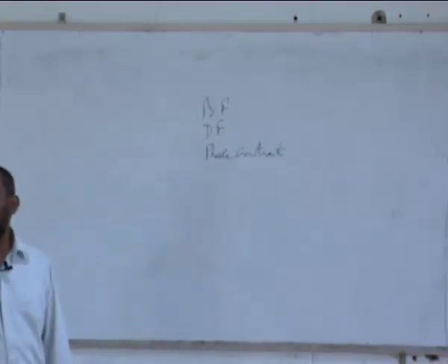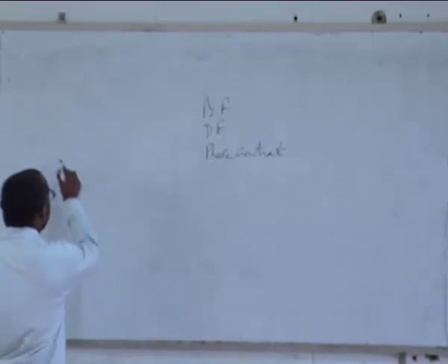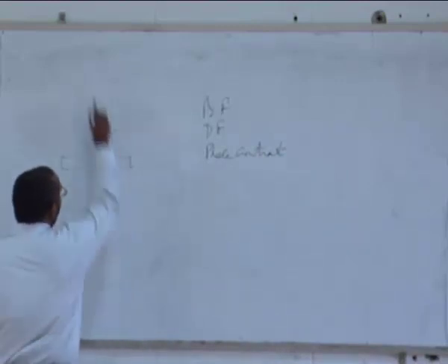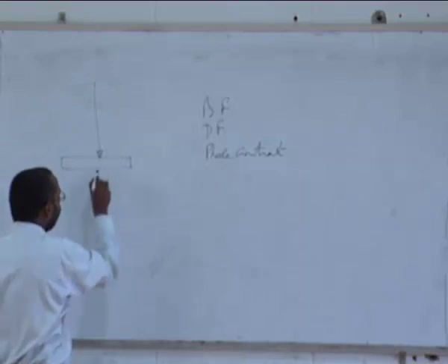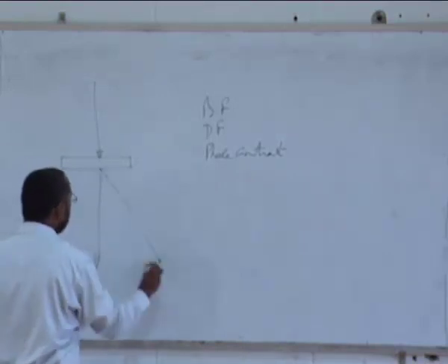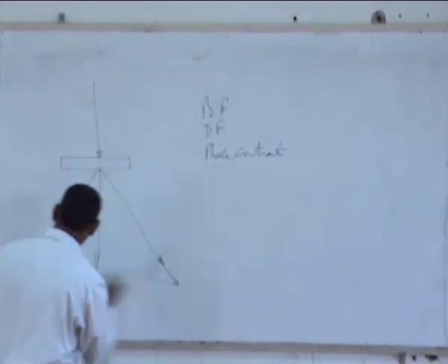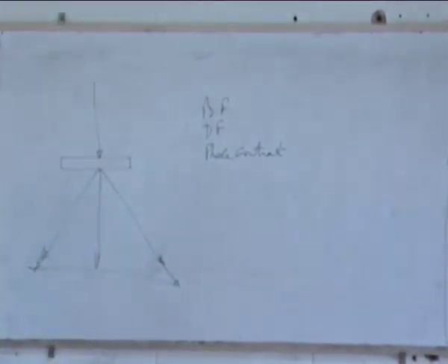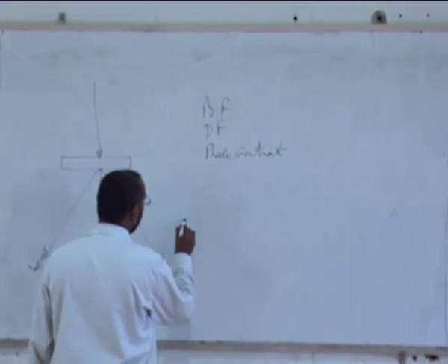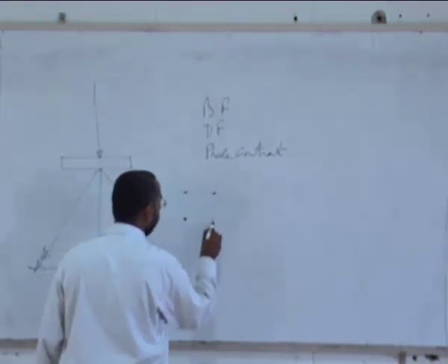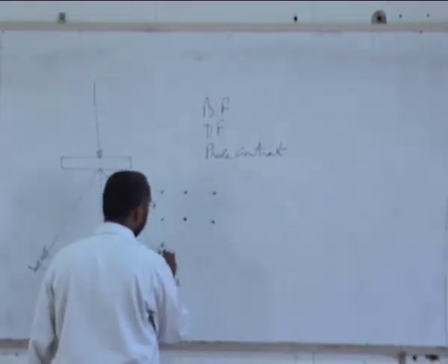In bright field, if I have a sample through which an electron beam is going through, there is a transmitted beam and there is a diffracted beam. And this is the screen on which they are all falling. If I look at this Rangoli, once again, you see something like this, let's say.